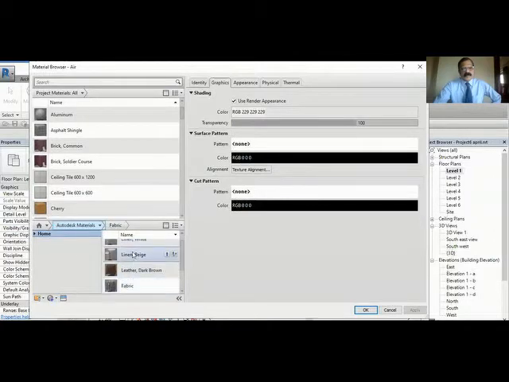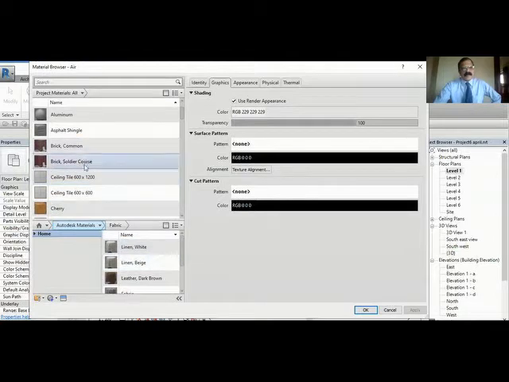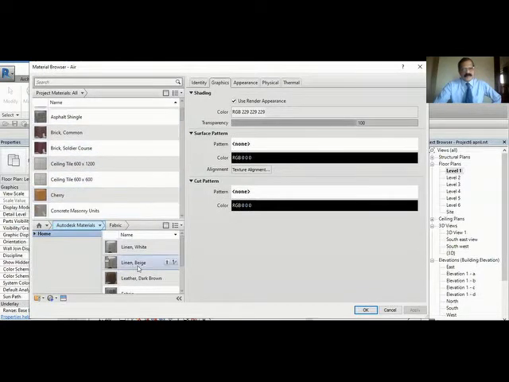So it comes here, then you can click this button and it will come here. Okay, and then you can modify whatever you want. So if some materials are not there in the project materials, you can select from here and drop it. Okay, and when you come to the right side, there is an identity tab.